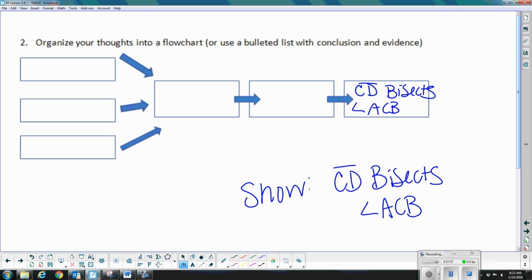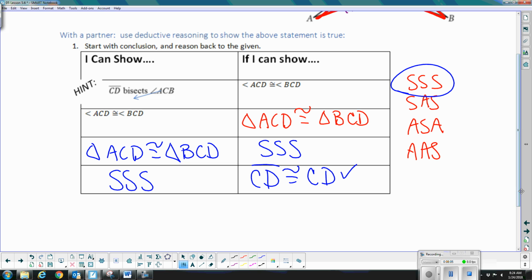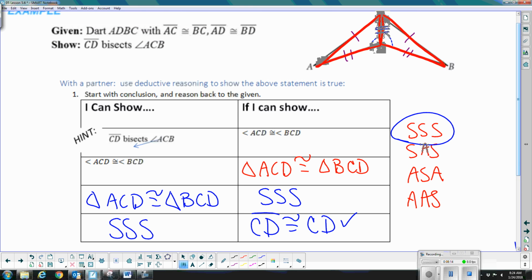Okay, so now how do we get there? And actually, maybe we should have filled out one more box on our table. Okay, so I can show that those two sides are congruent, but actually, how does that help me prove that we have an angle bisector? Well, if we have an angle bisector, these two are going to be congruent, and if the triangles are congruent,